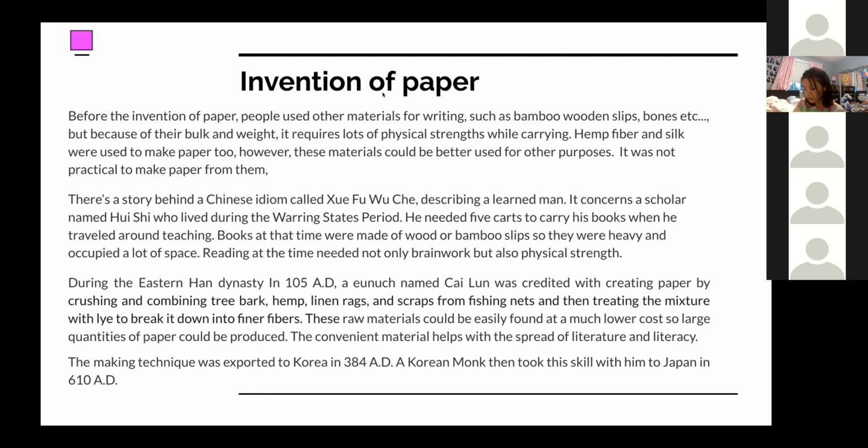It concerns a scholar named Hui Shi who lived during the Warring States period. He needed 5 cars to carry his books when he traveled around teaching. Books at the time were made of wood or bamboo slips, so they were heavy and occupied lots of space. Reading at the time needed not only brain work, but also physical strength. And so did writing, because you had to carve out the characters. During the Eastern Han Dynasty,